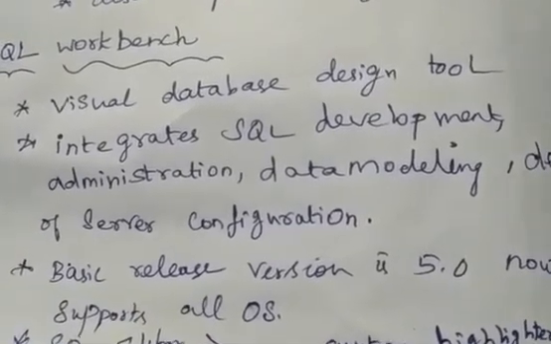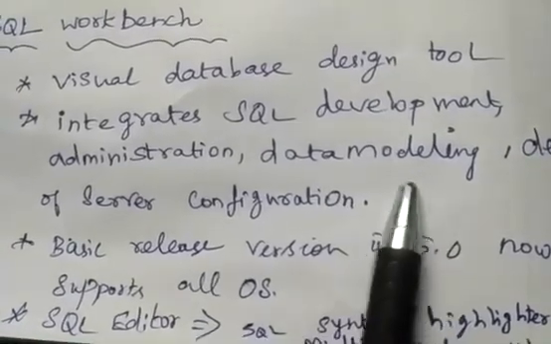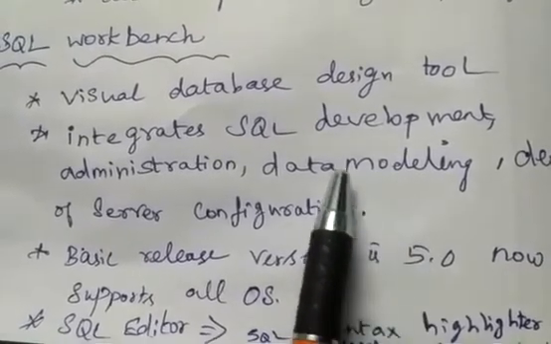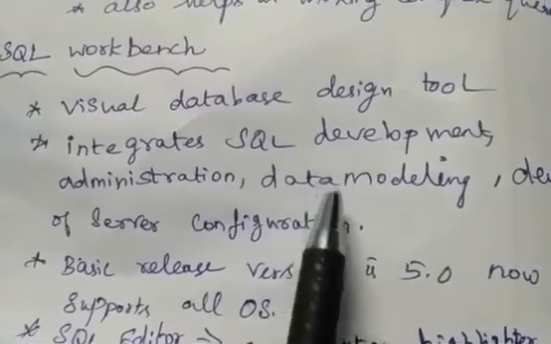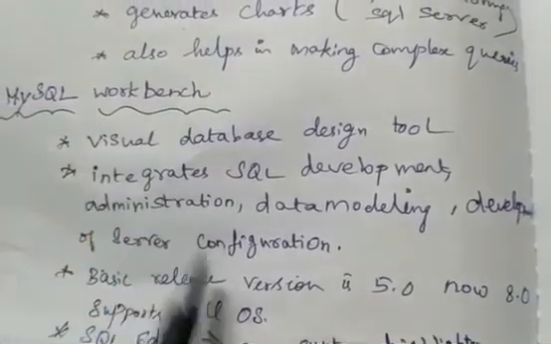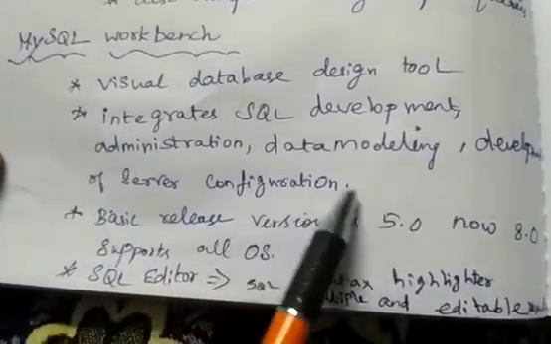And already we have studied ER data modeling, the hierarchical data model, and the five types of data model we have seen. In that, last we saw the ER data model. So to create the ER diagram we can also use this MySQL Workbench, so that we can easily identify the particular data in the database.